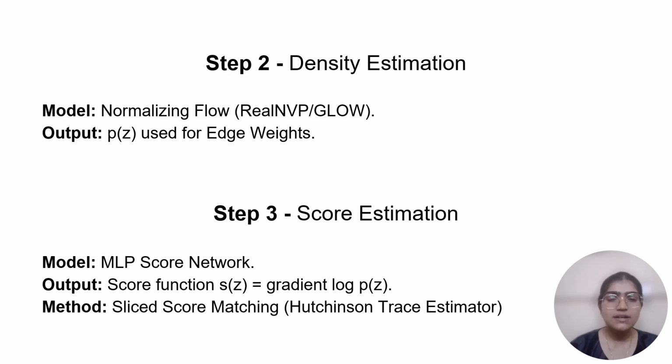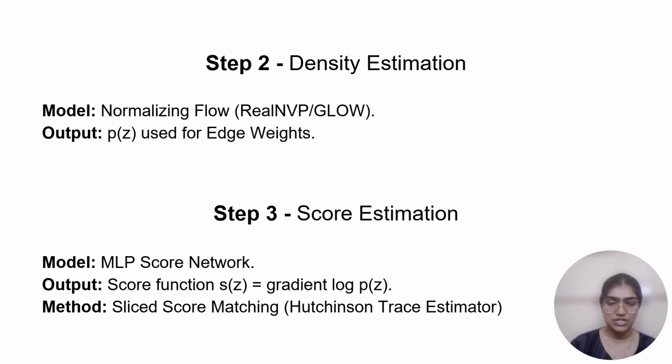Now, training a model to predict gradients is tricky. We use a technique called sliced score matching. Usually, calculating the gradients in high dimensions requires computing the Hessian matrix, which is computationally expensive. Sliced score matching uses a stochastic estimator called the Hutchinson trace estimator. It projects the high dimensional data onto random vectors, allowing us to train the model to learn the shape of